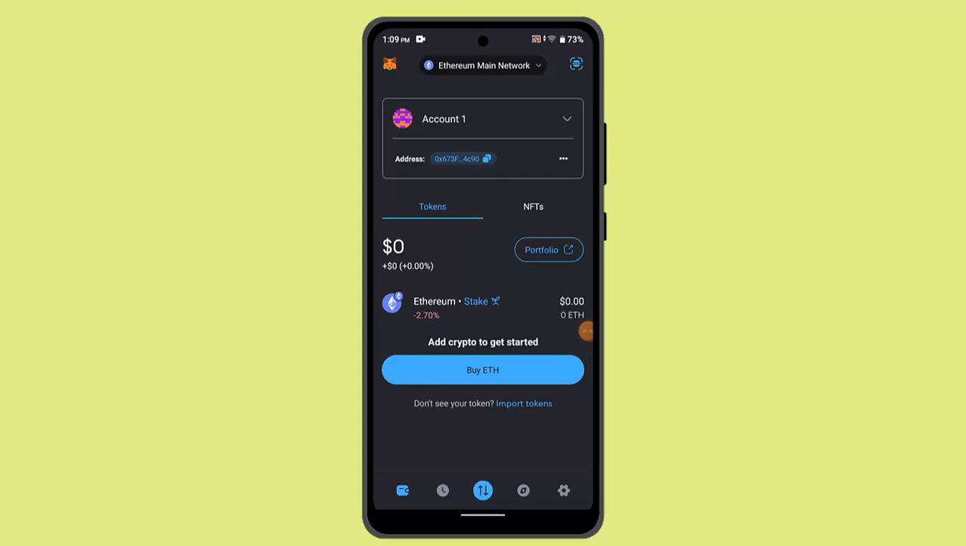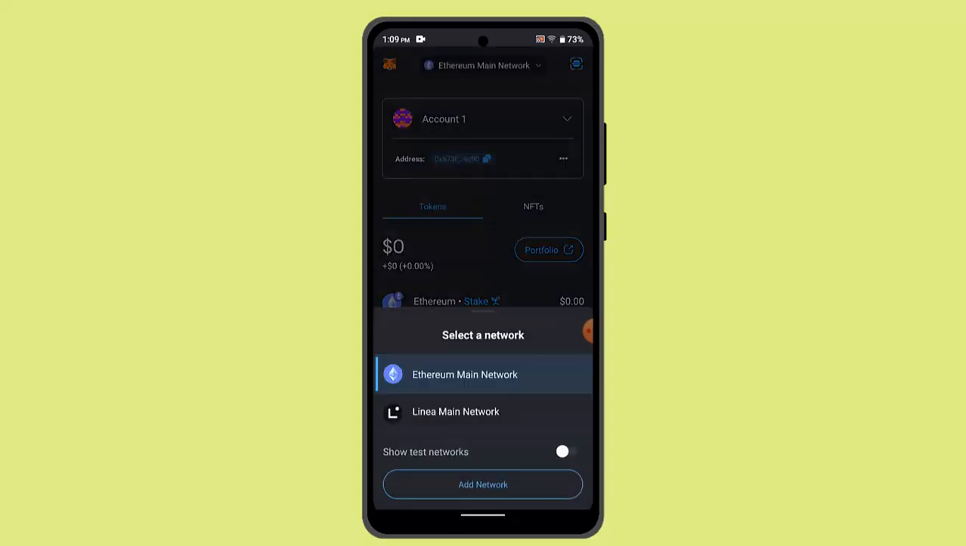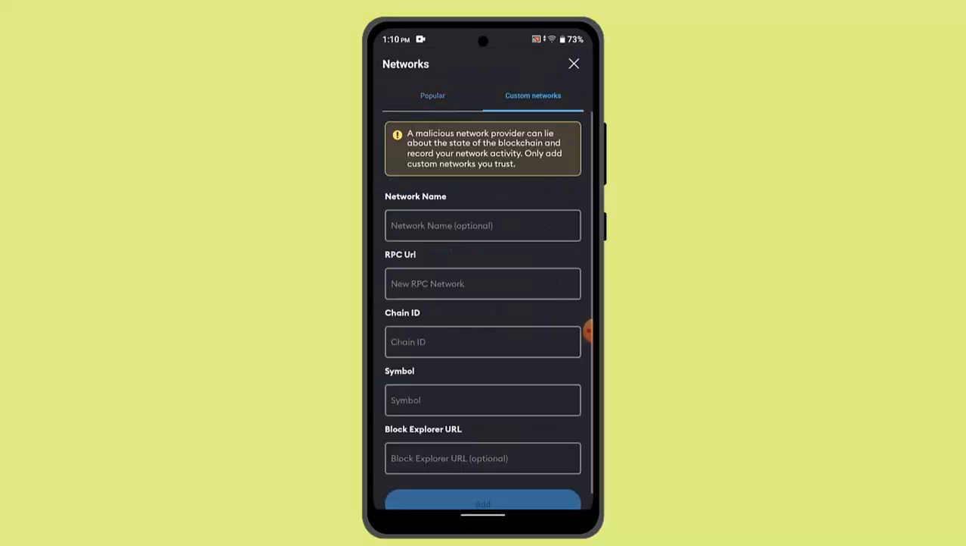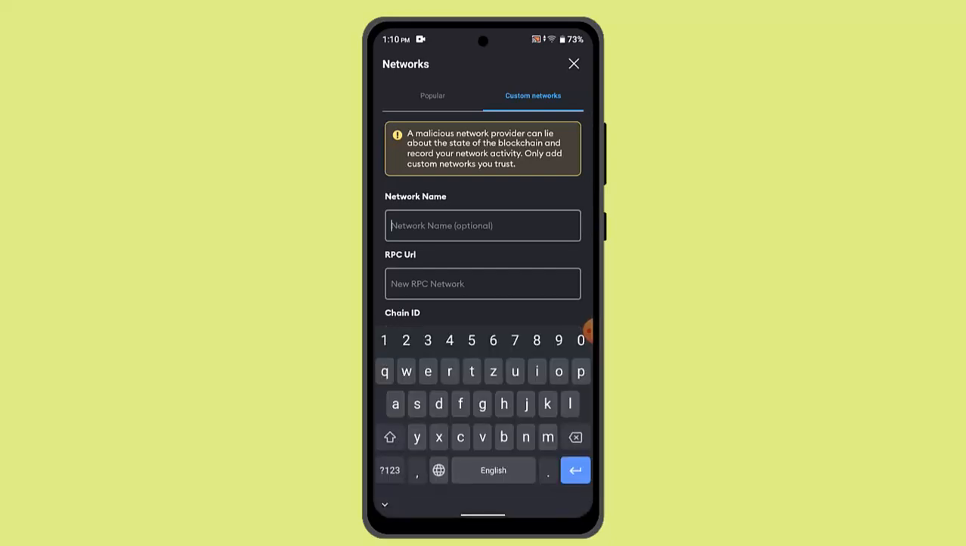As you can see, right on top, I've already added the other network type. In order to add BNB Smart Chain, press on the one, and then here you need to press on add network. After that, you should be able to locate BNB Smart Chain. If you're unable to find it, you could also type it manually. So type in BNB Smart Chain,